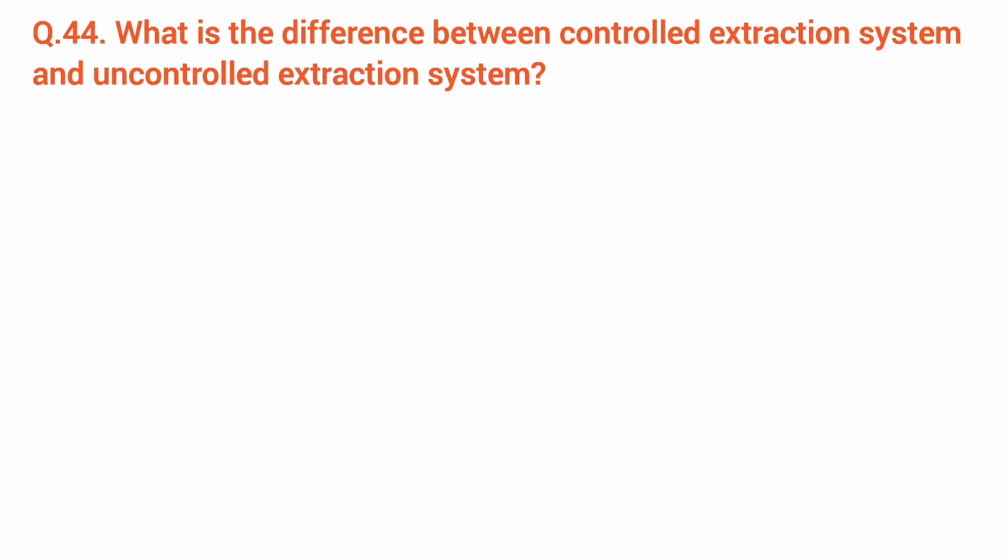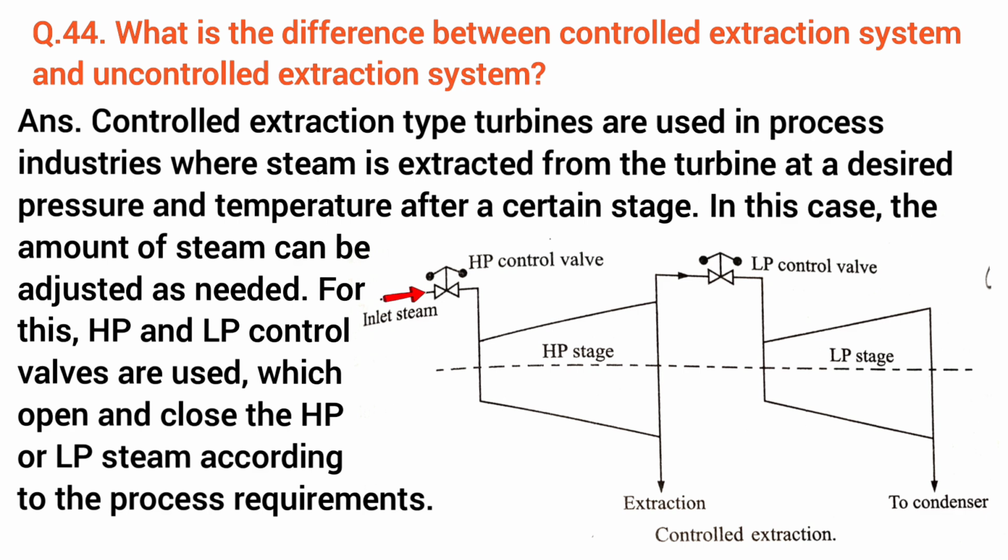What is the difference between controlled extraction system and uncontrolled extraction system? Controlled extraction type turbines are used in process industries where steam is extracted from the turbine at a desired pressure and temperature after a certain stage. In this case, the amount of steam can be adjusted as needed. For this, HP and LP control valves are used, which open and close the HP or LP steam according to